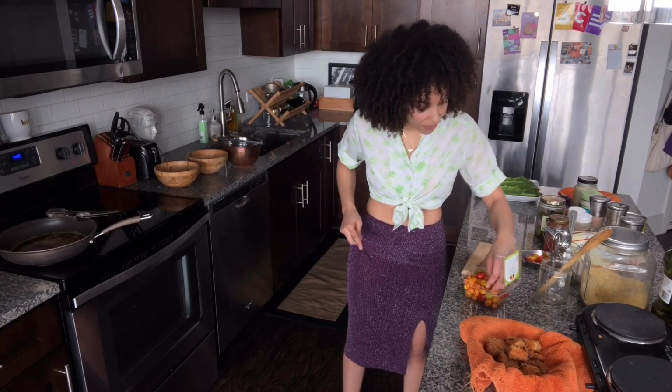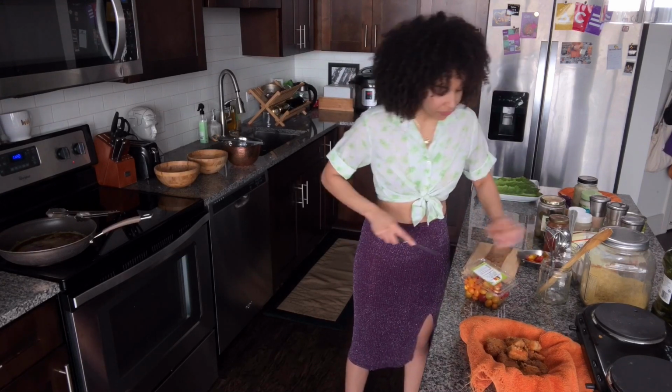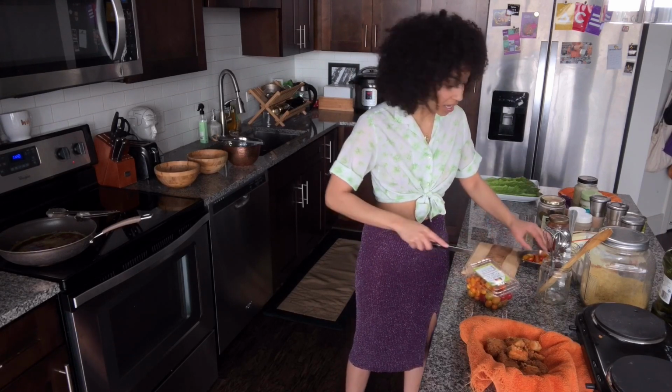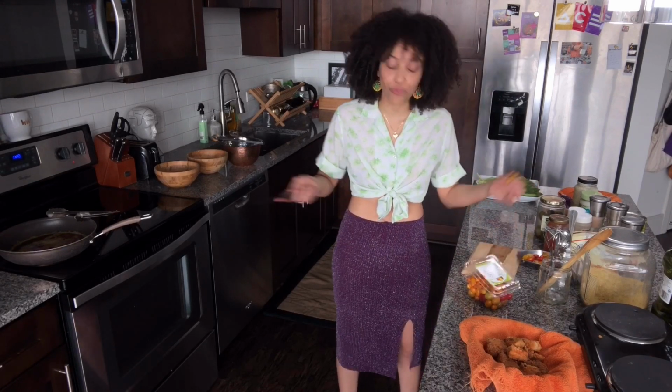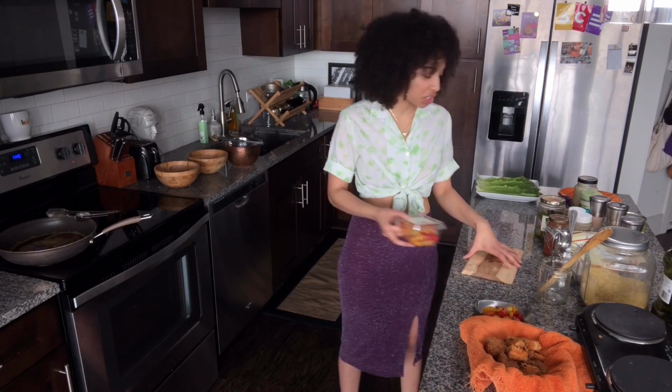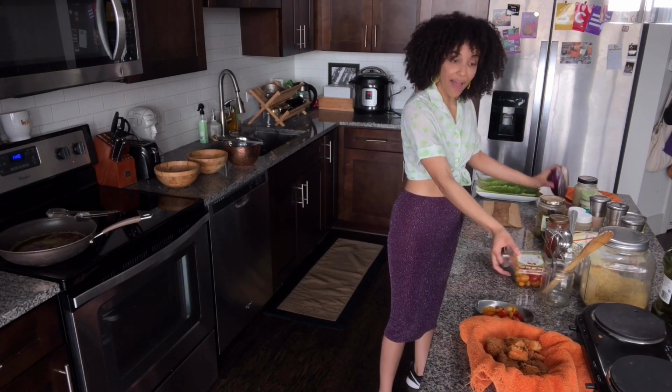All right, I am chopping up about 10 to 15 of my cherry tomatoes. It depends on however big your cherry tomatoes are and however many wraps you're making. So there we go. I got my cherry tomatoes, I got my chicken, and then I also have some purple